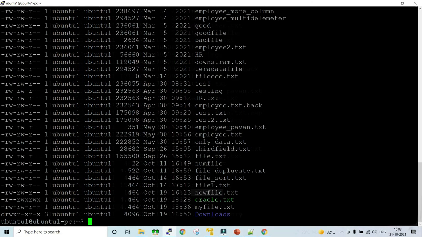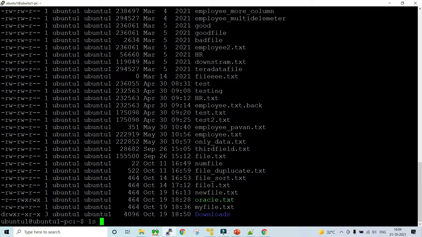Now in the ls command, there is also one use case: if you want to search for a file with a particular pattern, then you can use the ls command, and in this case we can use a wildcard operator. Star is one of the wildcard operators that we can use to search for a file with a particular pattern. So what will be the command?